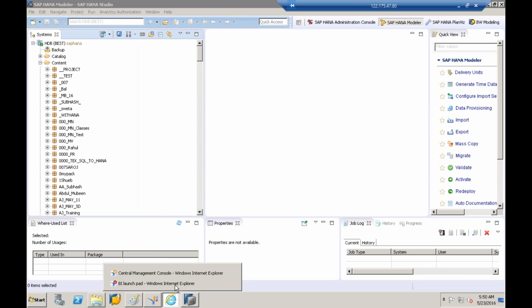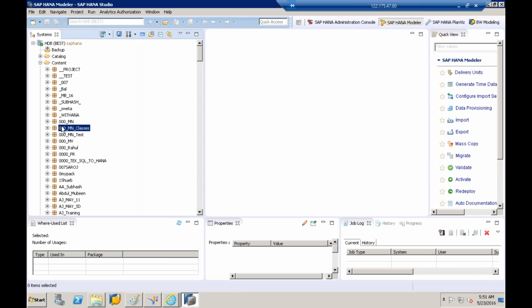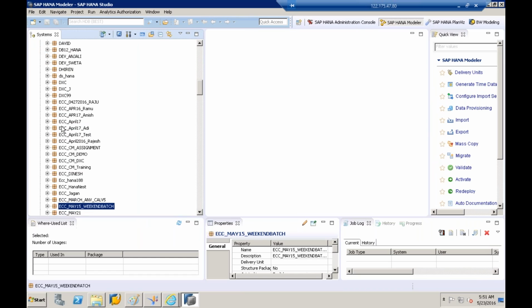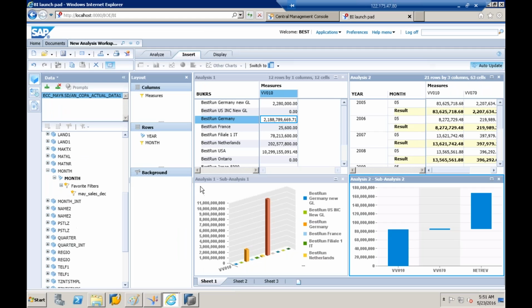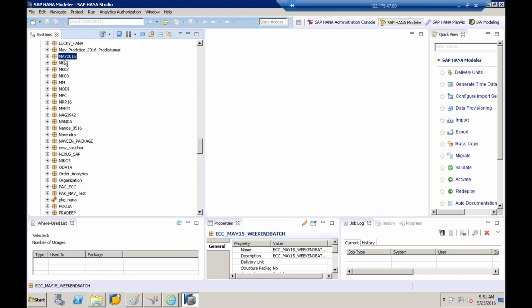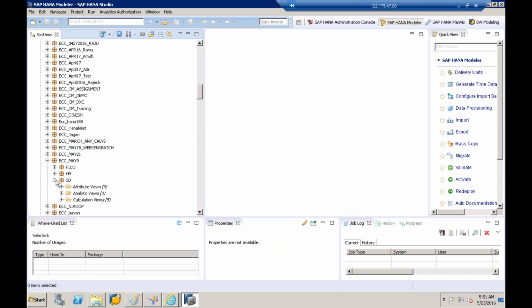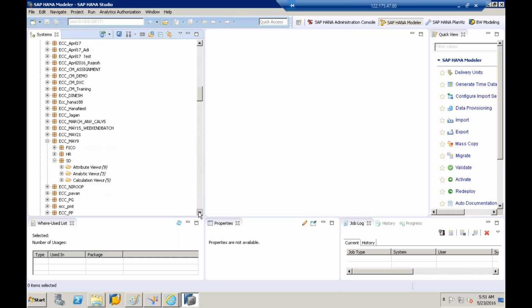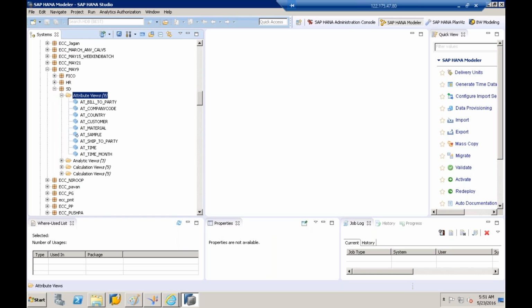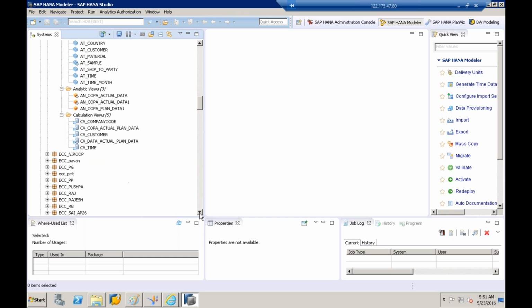Let's go to the package. Let us expand the package, sub-package, and expand the attribute views. So let's now